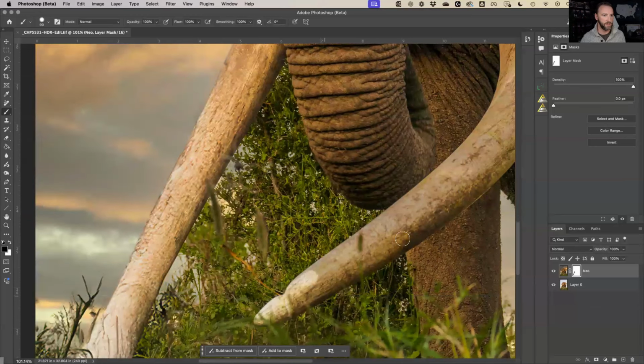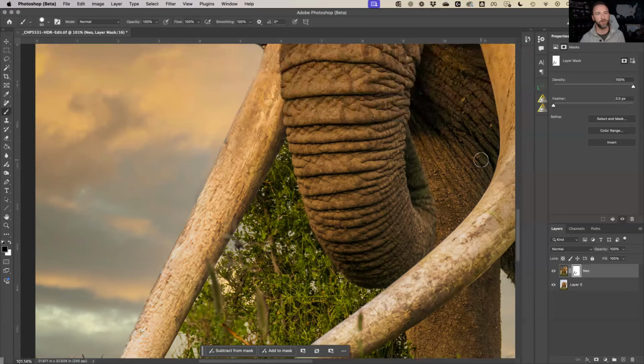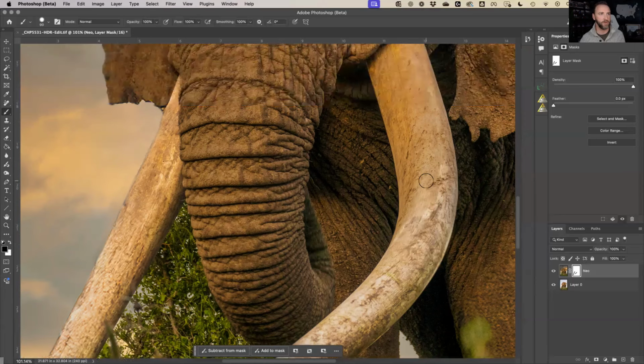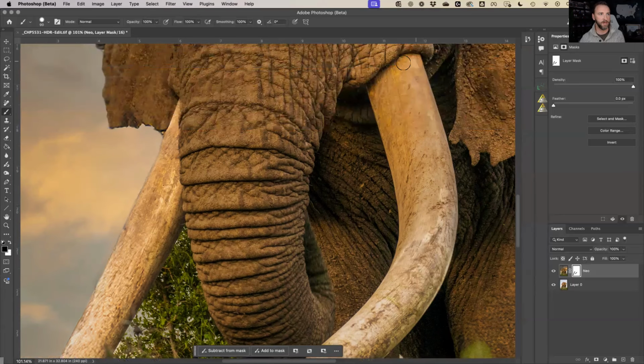Same thing for this tusk right here. We don't want it to be darker than it has to be. Same thing, hold down Shift, paint, paint, paint, paint. Same thing going up through here. Good. And like I said earlier, when we get back into Lightroom, we will do a mask just for the tusks to make sure that we can capitalize on their coloring